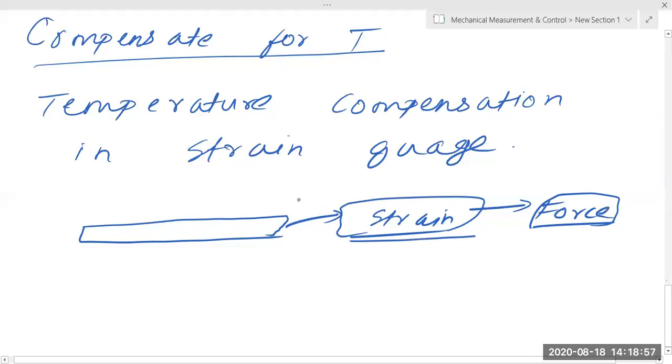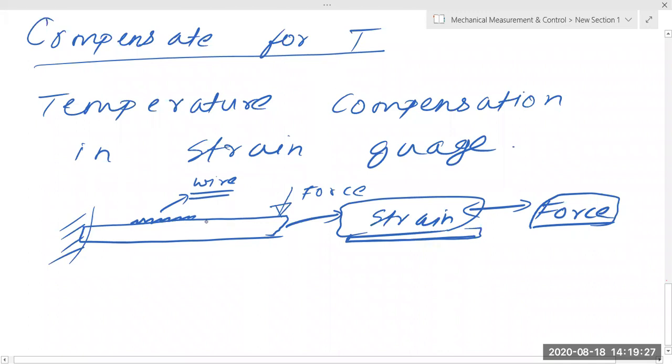So suppose this is a bar which is loaded with some kind of force. Suppose this is a cantilever beam, I'm just giving an example, and there is a force acting at the end of the cantilever beam, and I want to measure what the force is. If I want to measure the force acting, I have to install a strain gauge. Suppose I am putting just a wire. This is my strain gauge, a basic resistive wire, and this will act as a strain gauge.